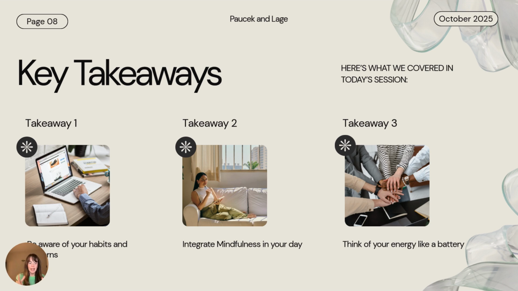As I said, intentionality is something I want to hammer home. So think about your full battery of attention, giving productivity and where you need to give your attention, giving it green, but then those activities that take away from it, so the social media scrolling and those quick dopamine releases, they're depleting it. So make sure that you're filling up your battery where you can.